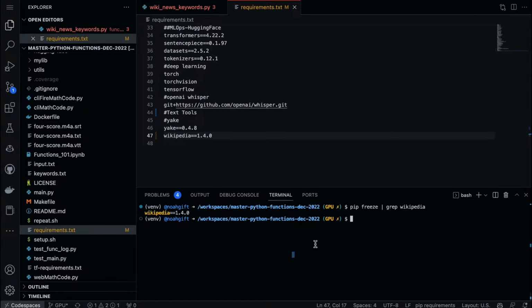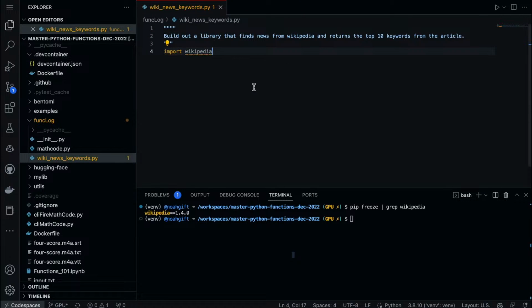So that's nice. And now the only other thing we need to do is start using this library. So we can actually say import wikipedia, and now we can say get wiki.